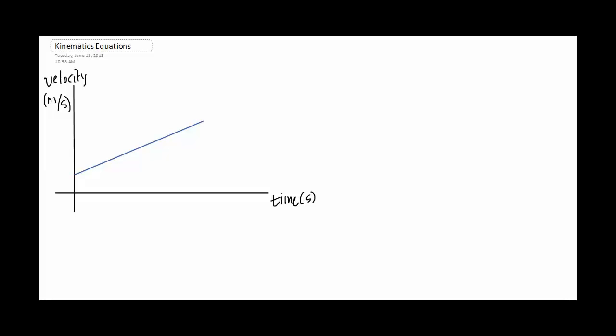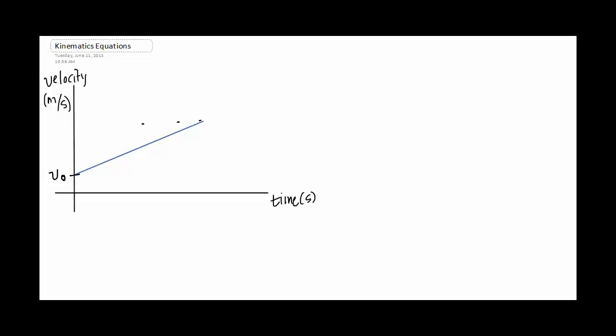Alright, so let's start with a velocity time graph, which is a generic graph, where meters per second is our unit for velocity and time is in seconds on the horizontal axis. Let's let this initial velocity be v naught. The little sub-zero is a symbol that we call naught, N-A-U-G-H-T, which means nothing or the beginning, and it's used very commonly in physics. So I have v naught here at the beginning,